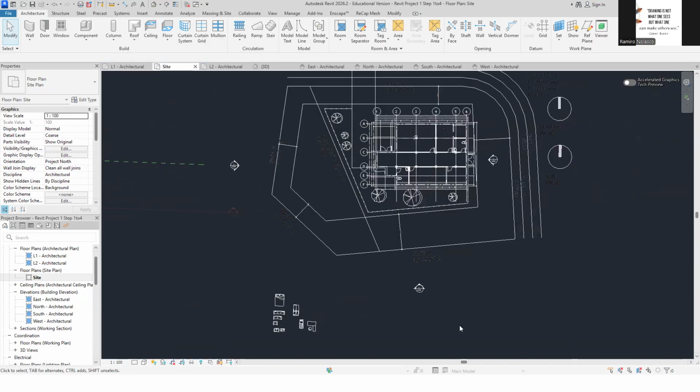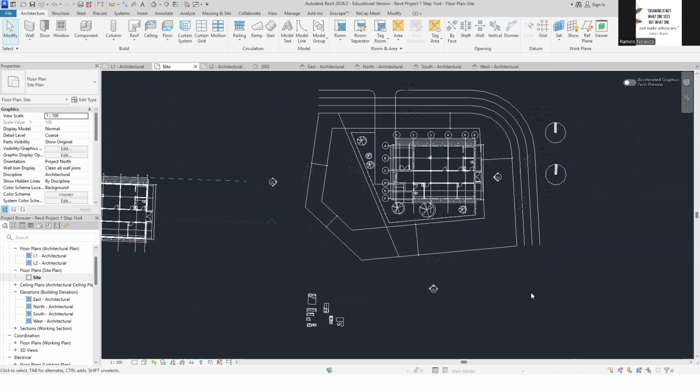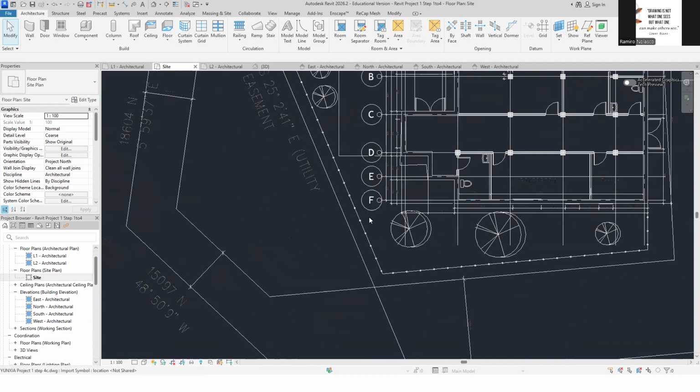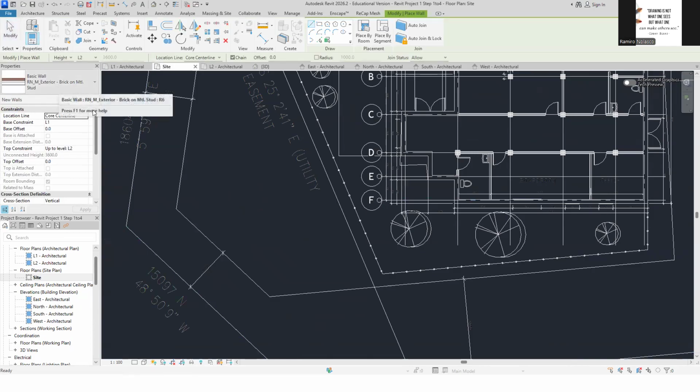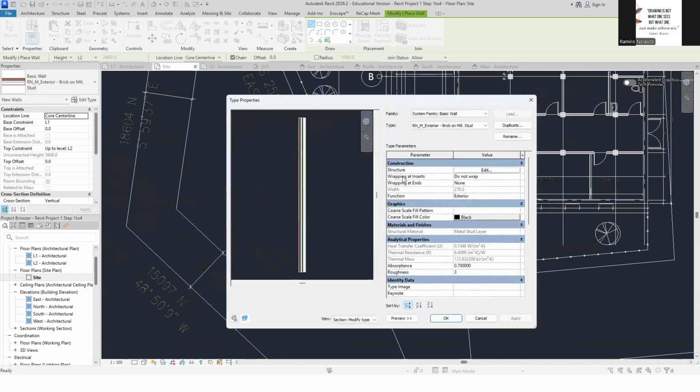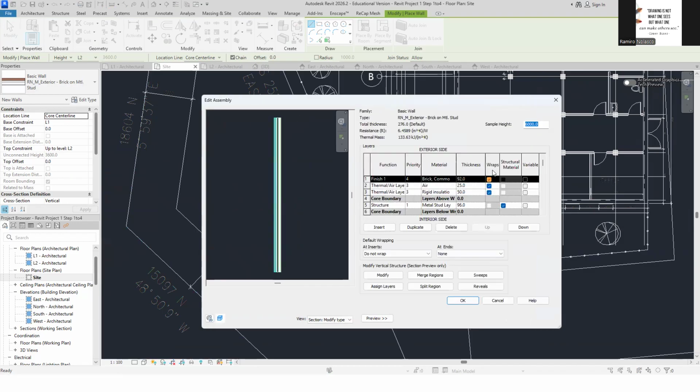So we created the grid easily, right? So project 1, step 2, step 3, done already in Revit. If you're able to project north, true north, what else did we do? We made the wall. Okay, we made our basic wall. We are able to edit it, make sure you duplicate, you edit.